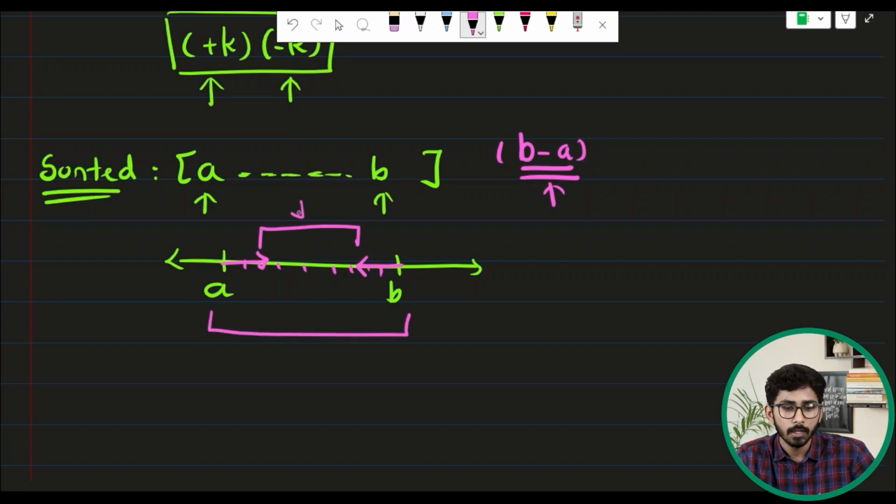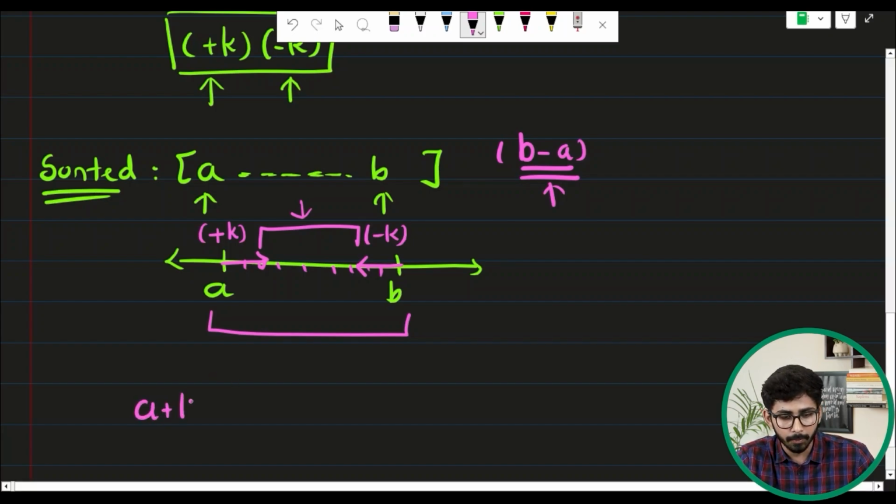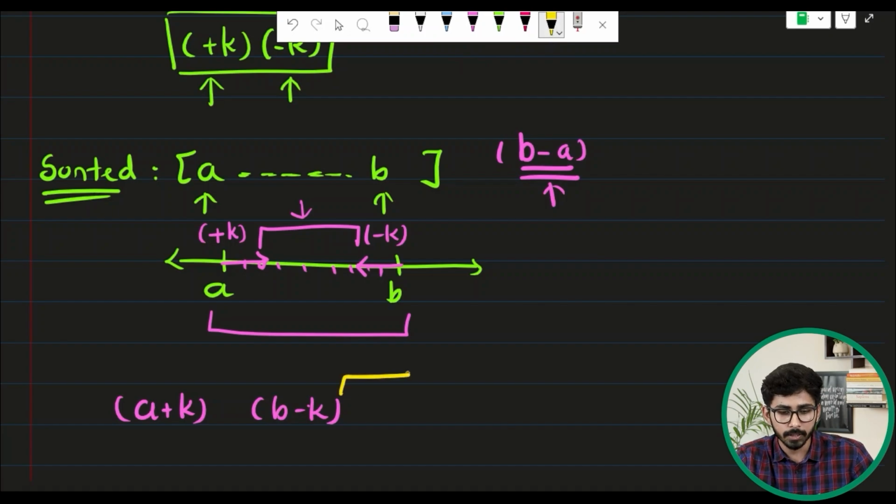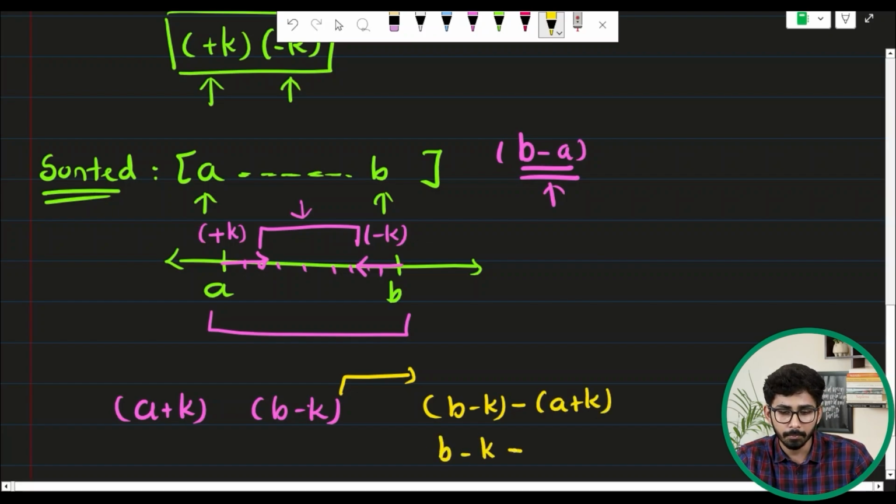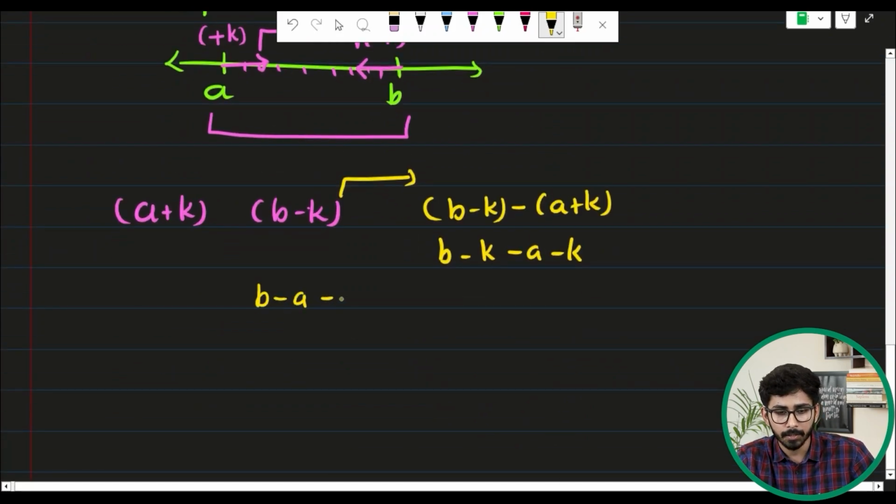Now if I narrow down this range to this much, so if I apply plus k to A, and if I apply minus k to B, I can narrow down this range. Do you guys agree? So if I do A plus k, and B minus k, the difference between the largest and the smallest will be reduced. If you want to check the difference, B minus k minus A plus k, what will be the value? That would be B minus k minus A minus k, and that comes out to be B minus A minus 2k,